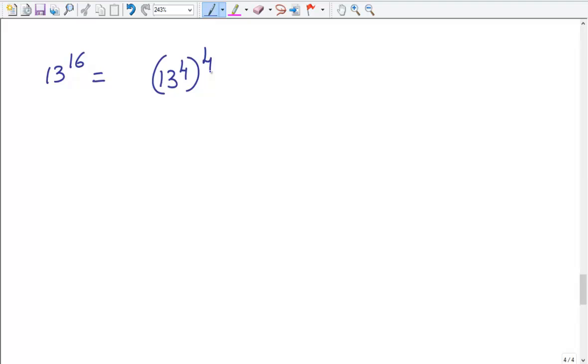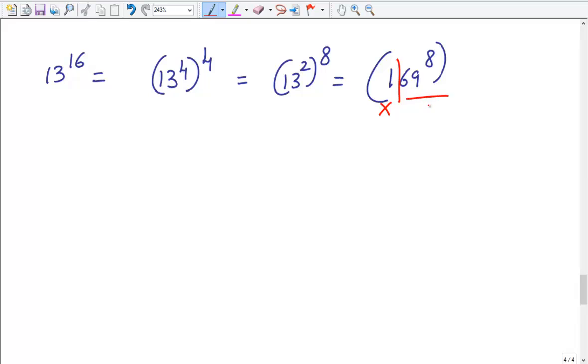Now 13 power 4 whole power 4. 13 power 4 is very difficult. That's why you can say 13 square whole power 8. Now 13 square is nothing but 169 whole power 8. Since we don't need the hundreds digit, we can stay away from it, and then it's going to be down to 69 whole power 8. That's what we can write as 69 square whole power 4. Now 69 square is also a bit difficult here. If you don't remember 69 square,